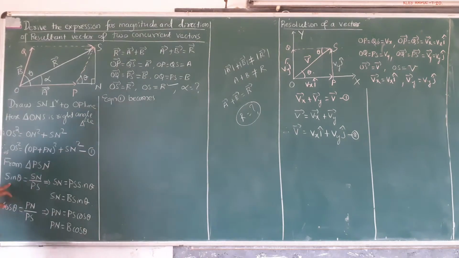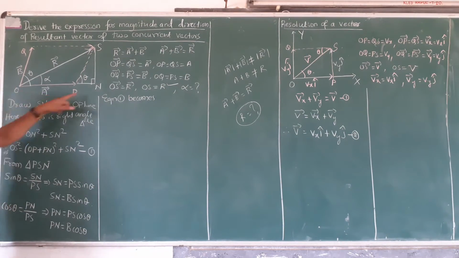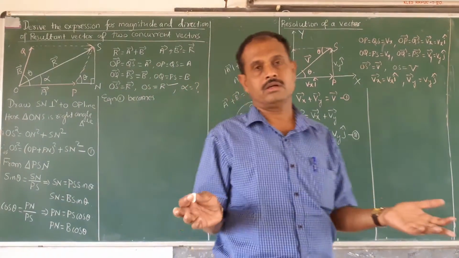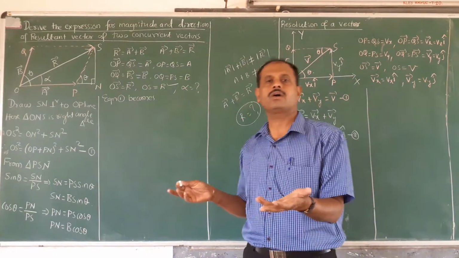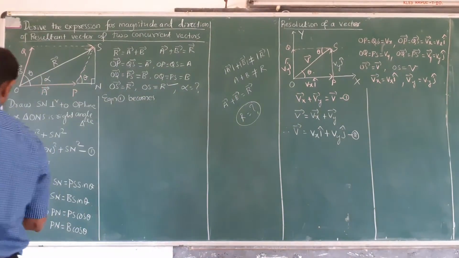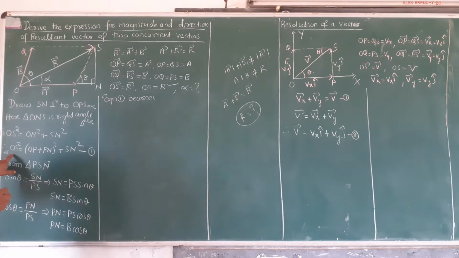It is from the trigonometry. In the right angle triangle, sin theta, cos theta, tan theta, sec theta, cosecant theta, cot theta. Now, this equation 1 becomes